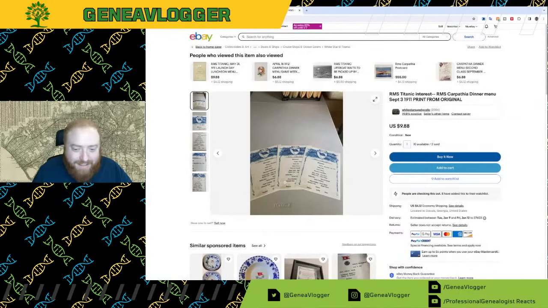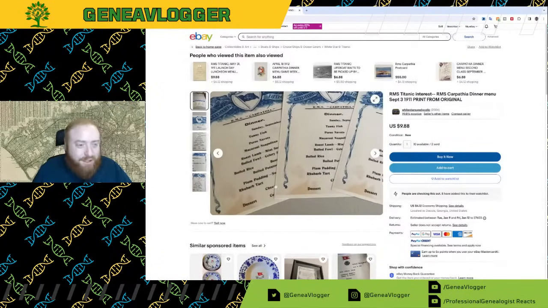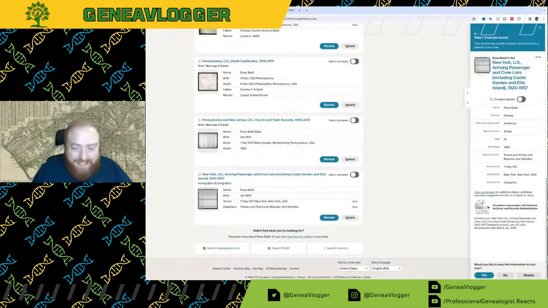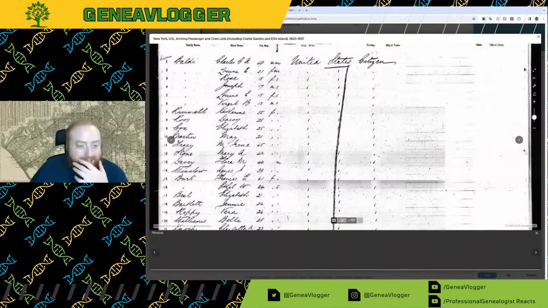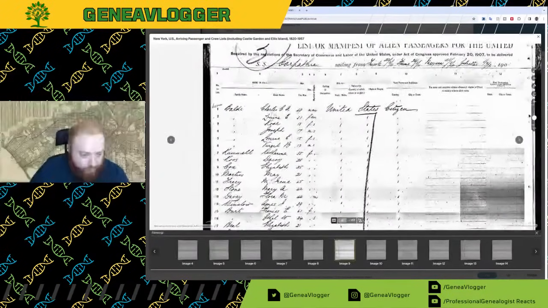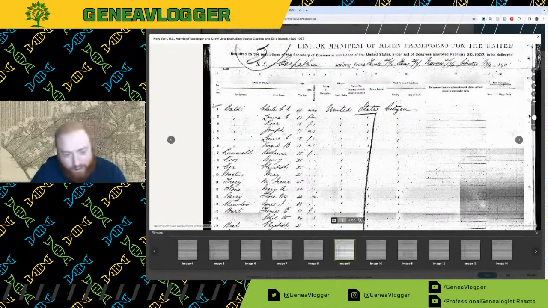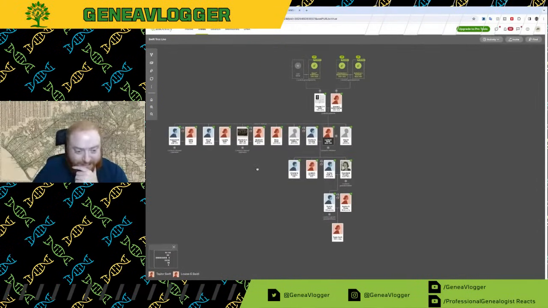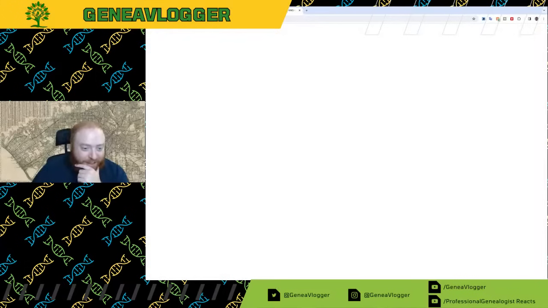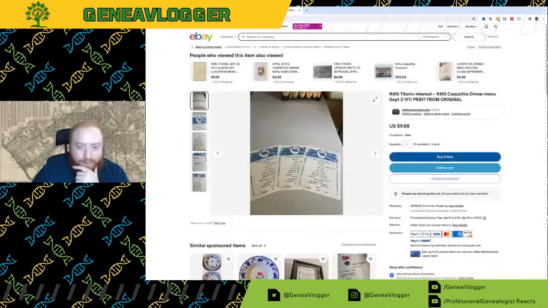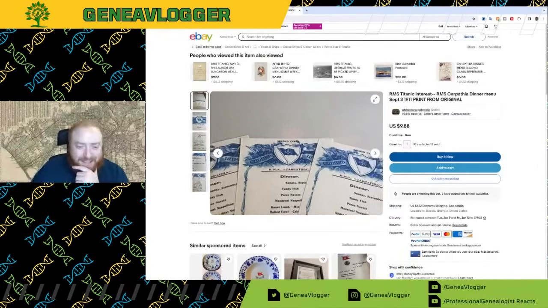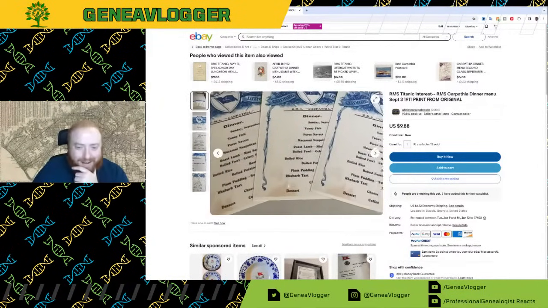So that's kind of cool. If anyone wants menus from a ship that Taylor Swift's family was on, or ancestor, it's obviously her family, but Charles and Louise are Taylor Swift's second great grandparents, and Louise is Taylor Swift's great grandmother. If anybody would like to bid on these, you're welcome, White Star Supply.